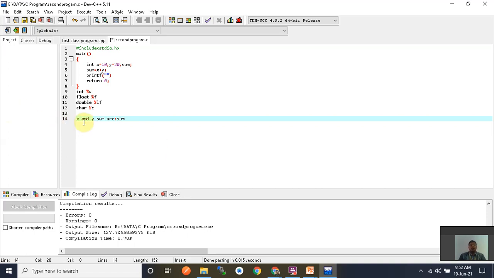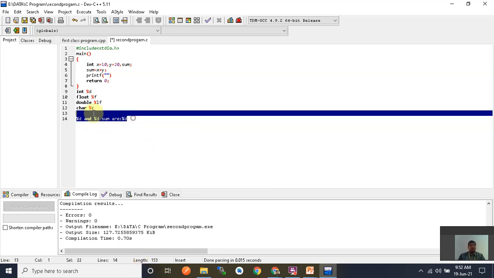Now I want to print the value of x here, so you convert this. This is an integer, so you write %d here. And y is also an integer, then %d here too. And sum is also an integer, then you write %d also.